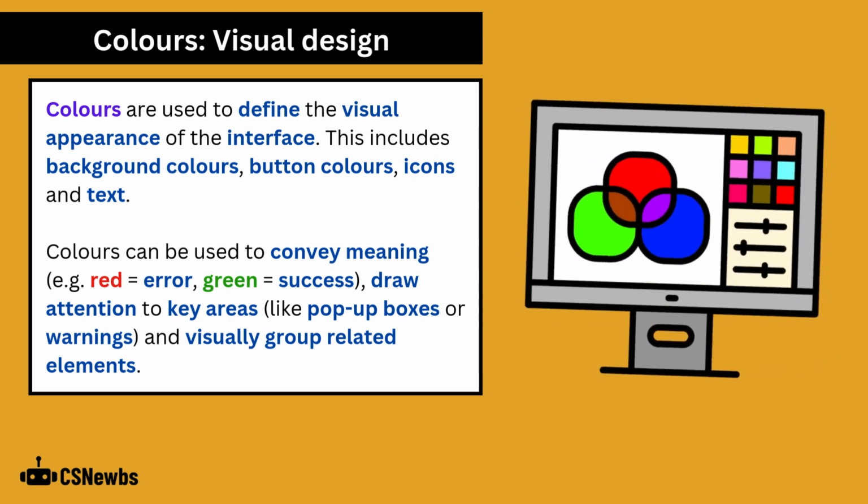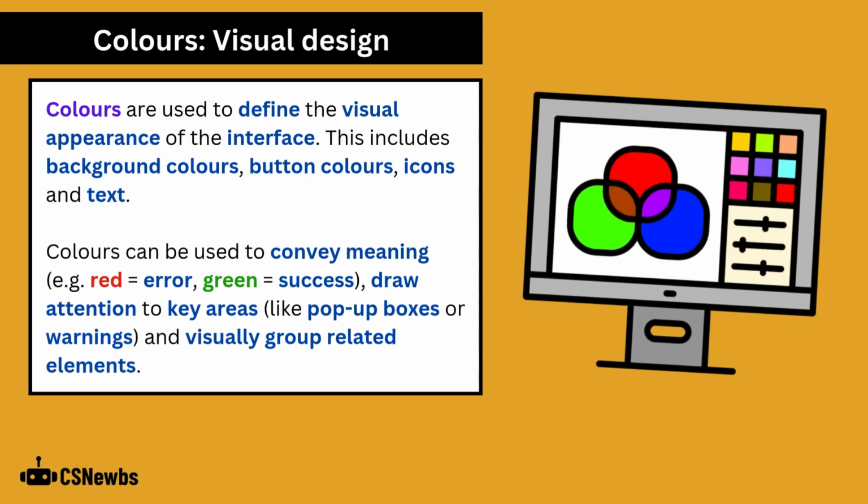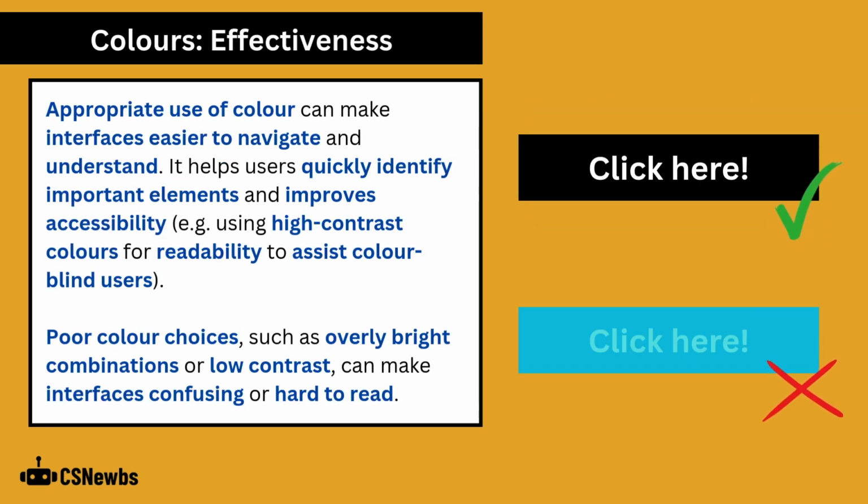Draw attention to key areas like pop-up boxes or warnings, and visually group related elements. Appropriate use of color can make interfaces easier to navigate and understand. It helps users quickly identify important elements and improves accessibility, for example by using high contrast colors for readability to assist colorblind users. Poor color choices, however, such as overly bright combinations or low contrast, can make interfaces confusing or